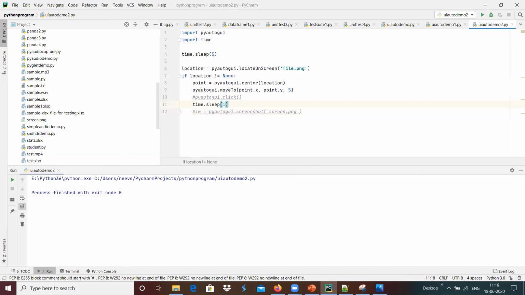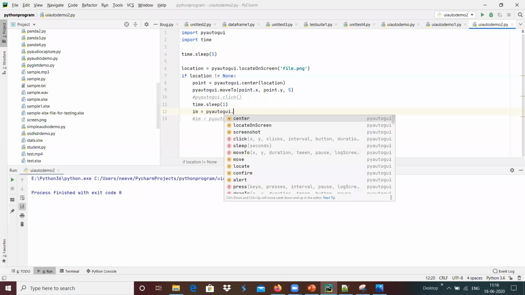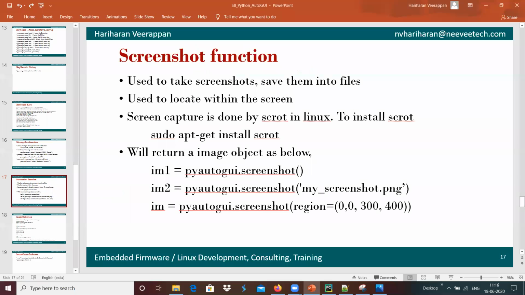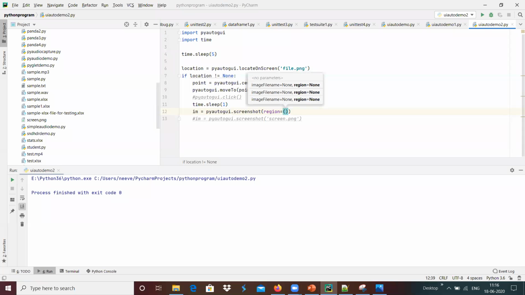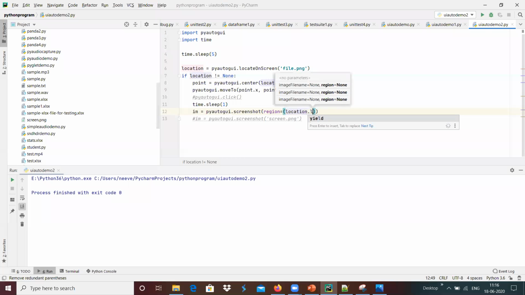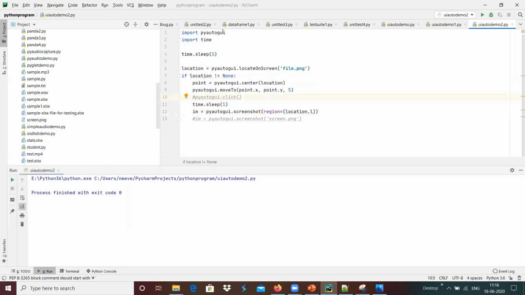After it reaches that point, we can have something like im equals pyautogui.screenshot with region equals, and we can give the option location.left, or rather I will give the region option.